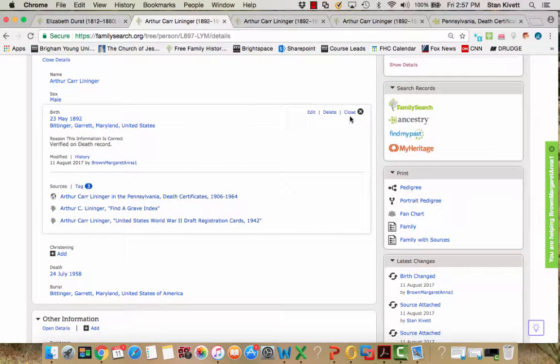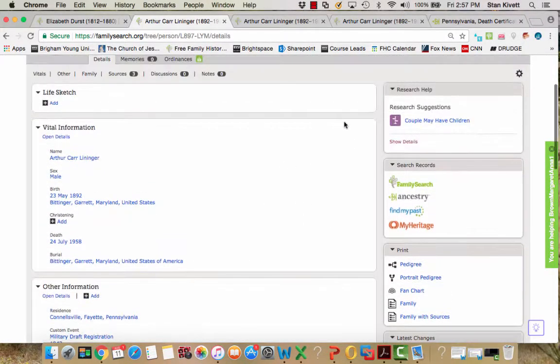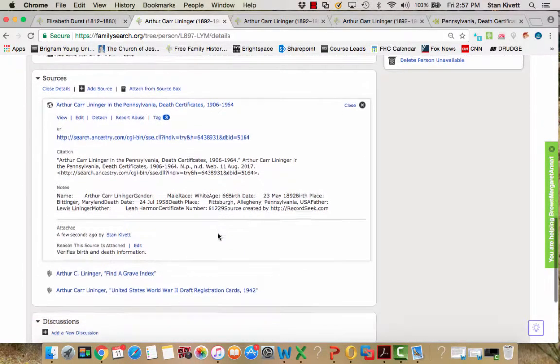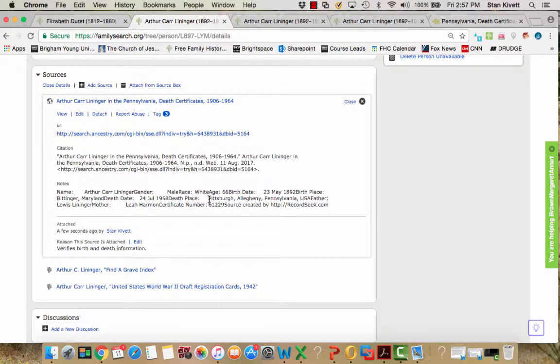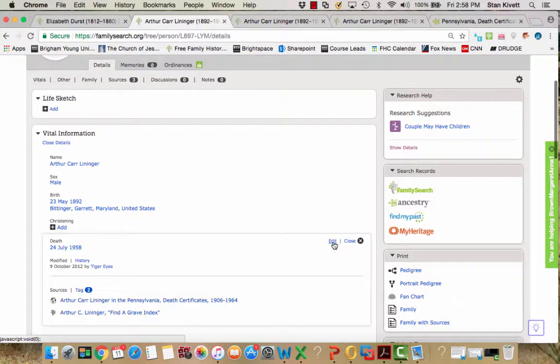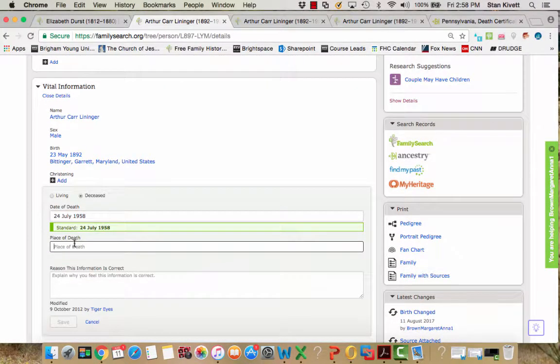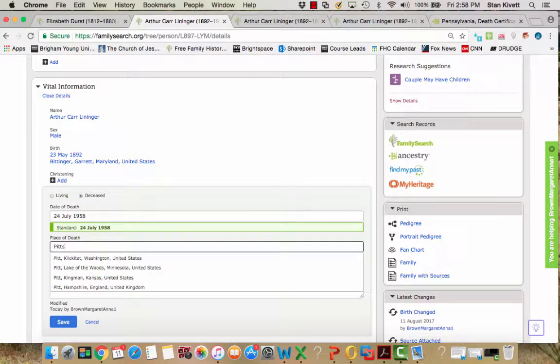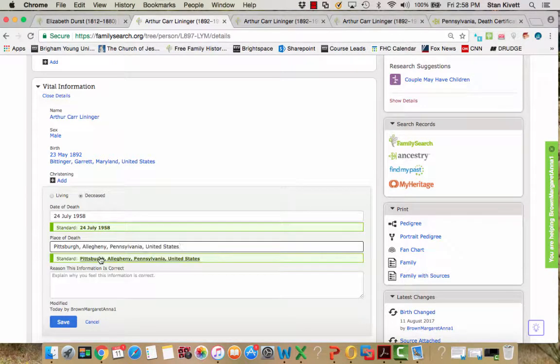Now you'll notice, because I did that, the data problem that was on the top right has disappeared as well. I now need to put in the death place, and I come back down here and I have the death place being Pittsburgh, Pennsylvania. And so I click on it, I click edit, I come here and say Pittsburgh, and the computer offers the rest to me.